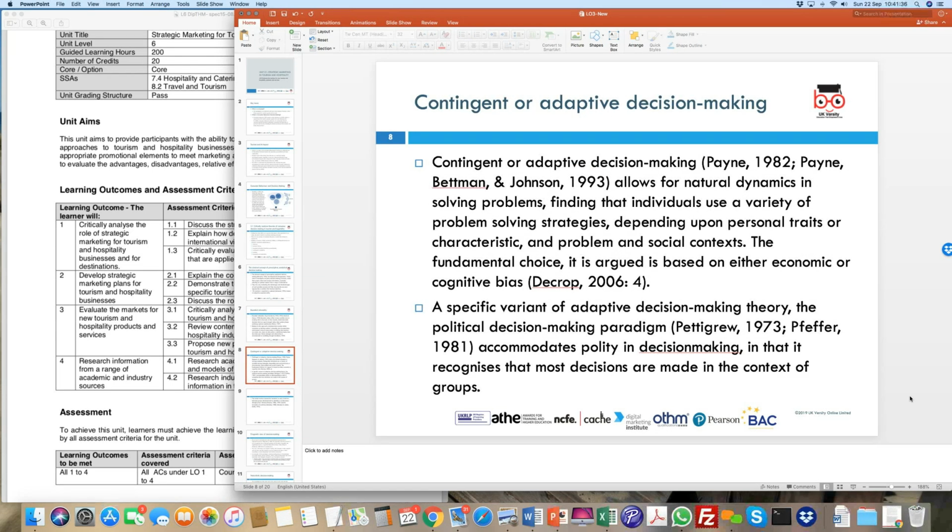The third one which came across was contingent or adaptive decision making. So here, the focus was primarily on solving problems. So sometimes when you go into a location or you make a decision that, okay, we will do this, then in those cases, if some problems come up, say, for example, you booked a destination for a holiday, and sticking to that, what you tend to do at some stage, once you book that, is find that some of the decisions you've made